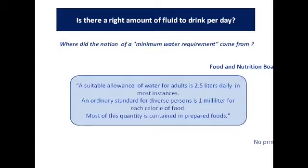And I tried to go back and ask myself, where did this come from? In 1945, the Food and Nutrition Board of the National Academy of Sciences in the US made this statement: a suitable allowance of water for adults is 2.5 litres a day in most instances, a milliliter per calorie of food. They didn't quote a primary human study, and I'd love to know the discussion as it emerges now as to whether there is a primary human study. And no, they didn't say drink 2.5 litres of water. They said